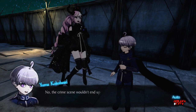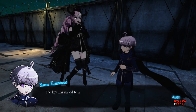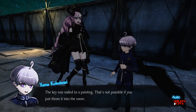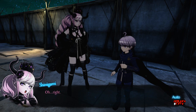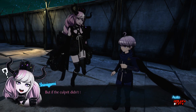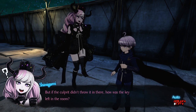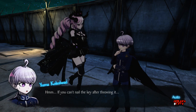No, the crime scene wouldn't end up like that if we threw it in. The key was nailed to a painting. That's not possible if you just throw it into the room. Oh, right. But if the culprit didn't throw it in there, how is the key left in the room? If you can't nail the key after throwing it...